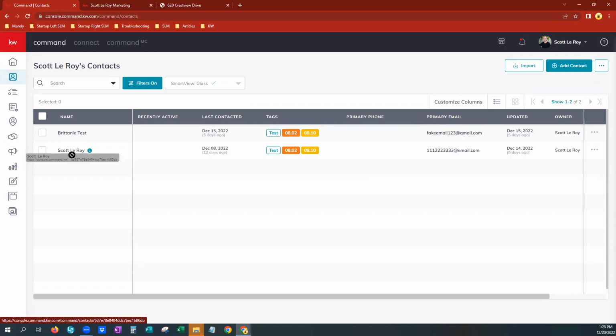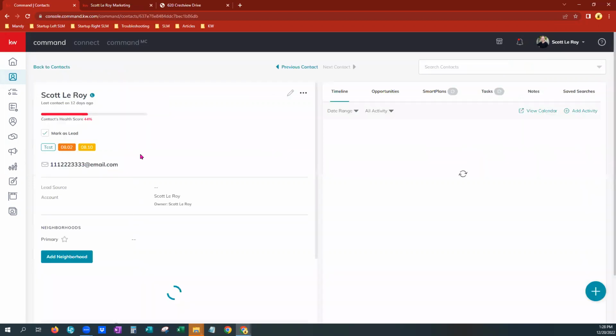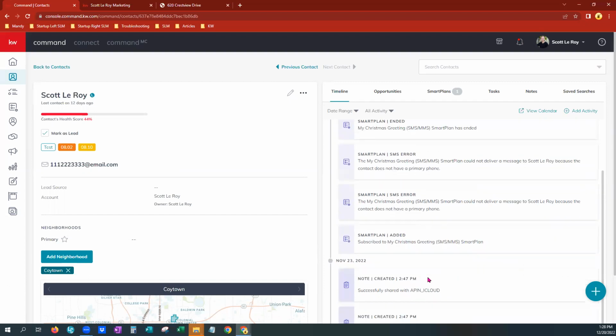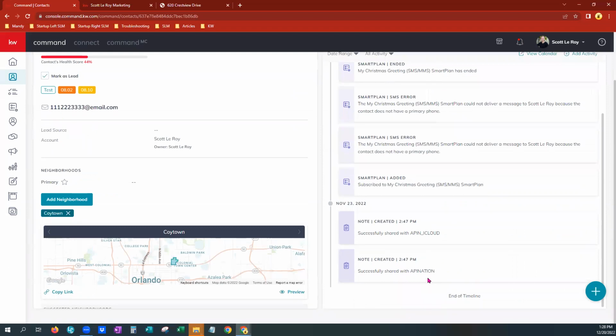So I'm just going to click on the Scott Leroy one just because you can see the L right beside it. So you know this information came over. And you can see right here on the timeline. Now, if this were the contact that we had just put in, which is in our contacts here, unfortunately, if I remove any of the filters, it's going to show a ton of information and we risk losing our video on YouTube. So over here on the right, you would normally be able to see where it came from, the reCAPTCHA plan,